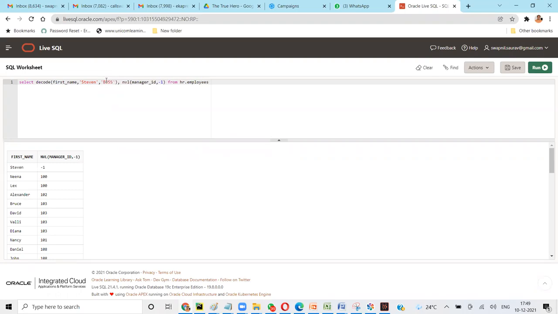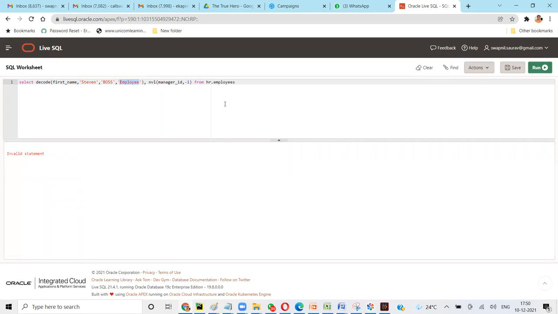Otherwise I want to put it as employee. So the condition: if this, then this, else this.